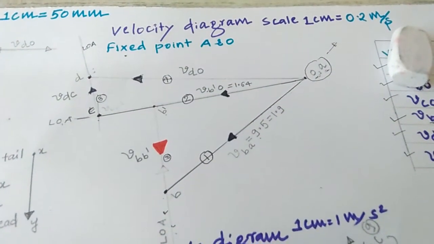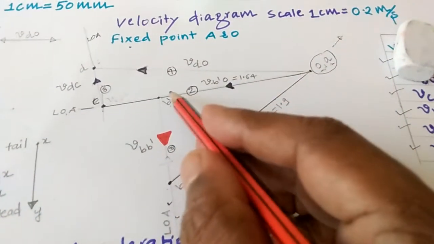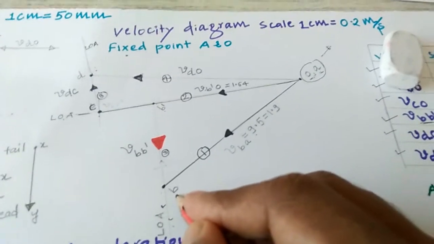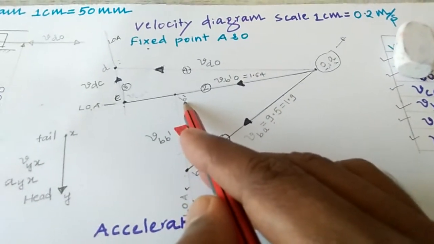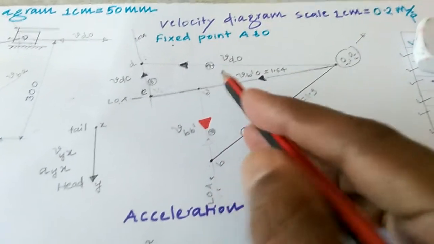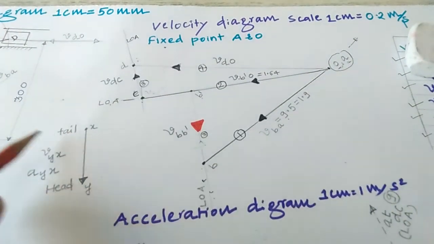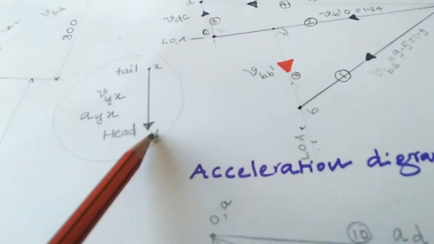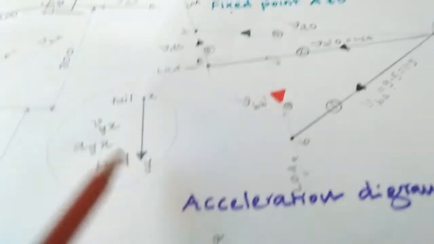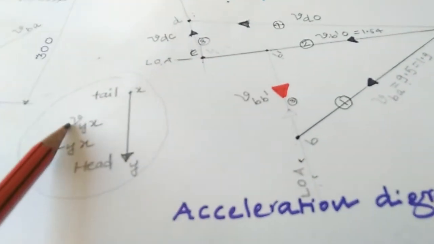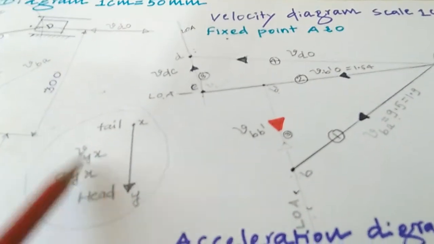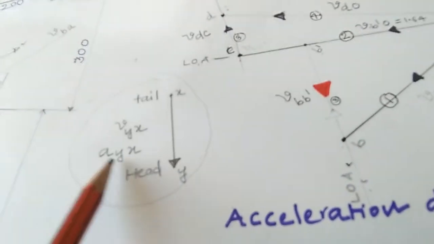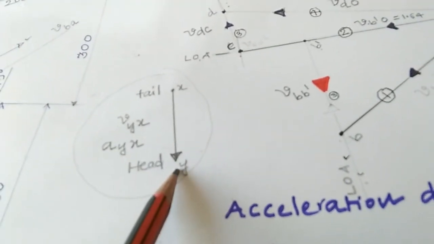In this case, only one thing you have to remember, you have to look at B dash. B is what? B is a point on the slider, B dash is a fixed point on the link OC. Okay, then you have to remember this also, this is a concept you need. I have taken an XY point, X becomes the tail, Y becomes the head. If you go for the velocity diagram also, the velocity of Y with respect to fixed point X, and the acceleration also, the acceleration of Y with respect to X, Y becomes the head.